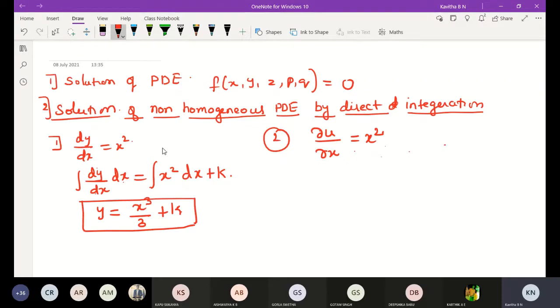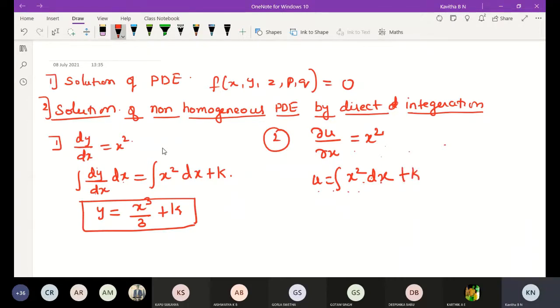Here, u is a function of x and y. Del u by del x means partially differentiating with respect to x, which means we have to integrate with respect to x only. So here we will write u is equal to the integration of x square dx